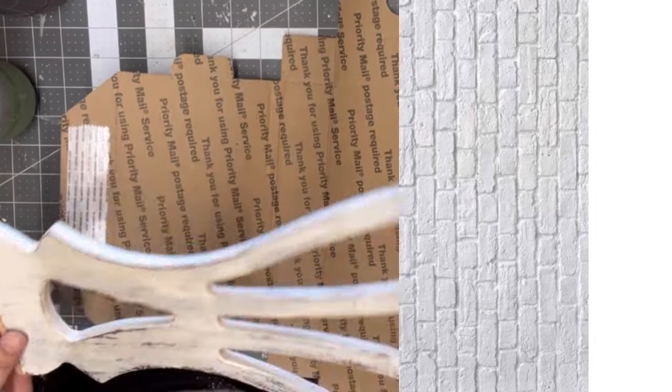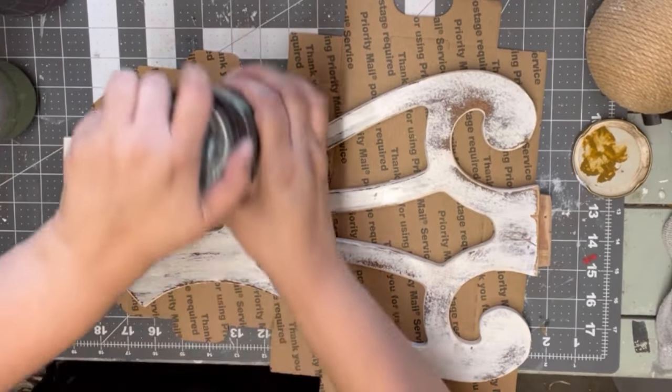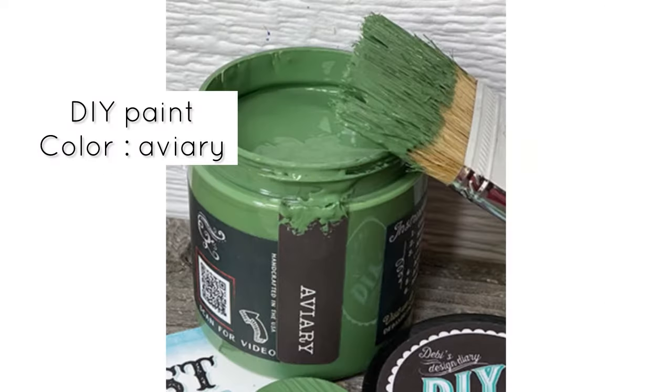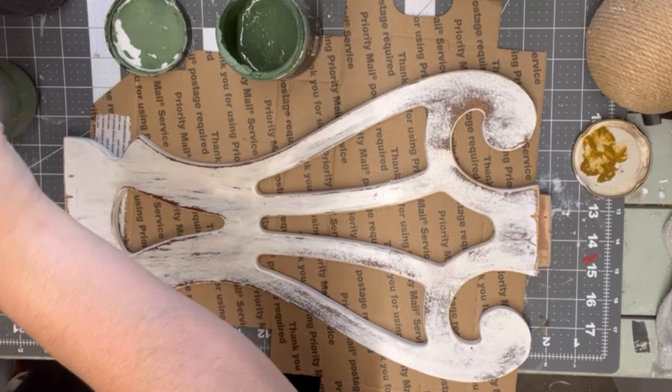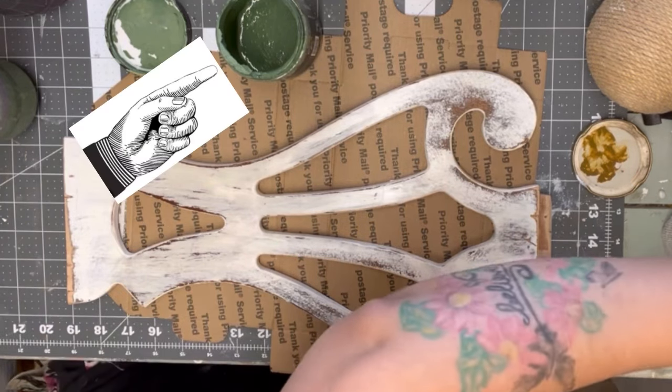Project number 4. Now I have this just salvage wood piece. I don't really know what to do with it, but we're going to go ahead and do a little bit of an experiment here and just mess around and see what we come up with on this piece. Once again, coming back in with that DIY aviary, and we are going to give this 2 coats with this